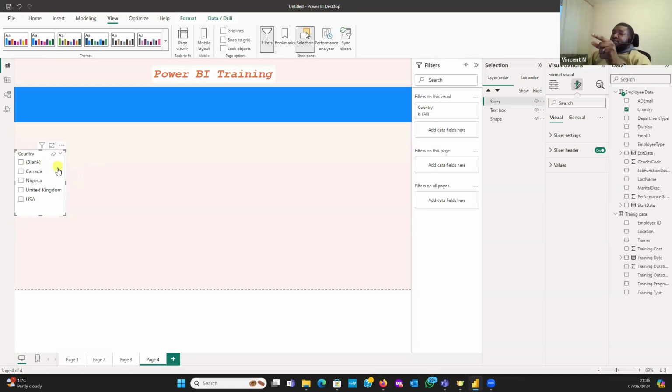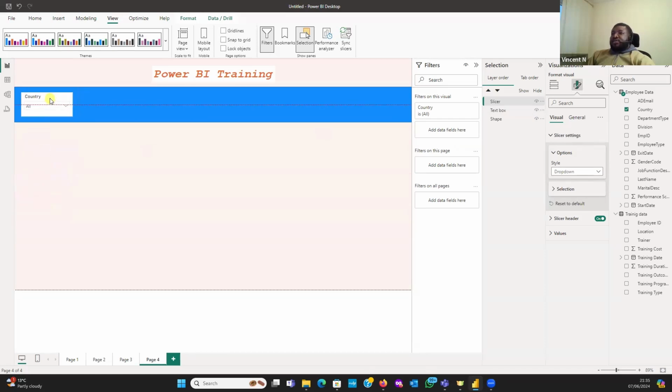Now, I said I want to change this visual from appearing as a list to appearing as a drop down. So I click on slicer settings, and then I'll see my options. The options I have are vertical list, tile, and drop down. If I click on drop down, right, it changes. So if I click this, I'll see my options. I click that back, right? So I can just close this nicely and then plot it here. So it becomes a slicer,